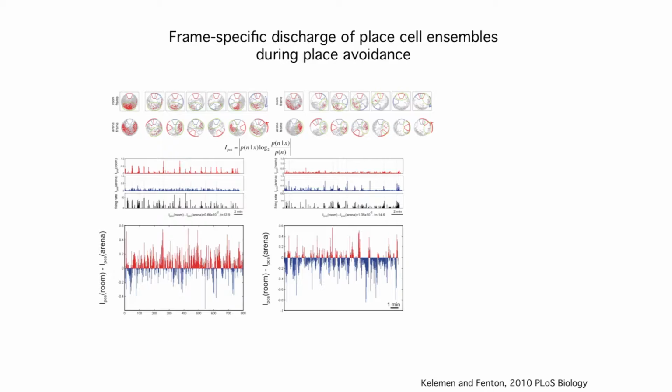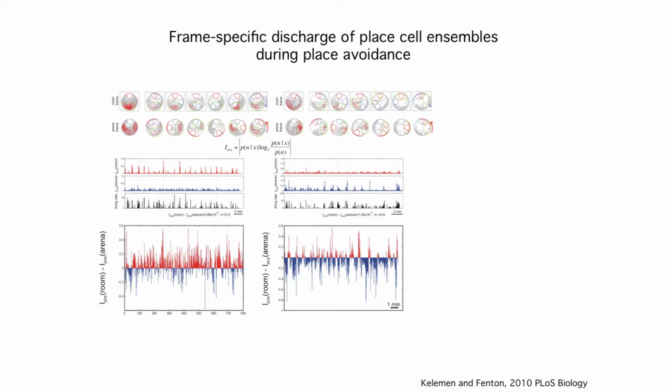In this case, the other cell, one of the rare ones, also, when it discharges, says something about where the animal is in the arena. But these are extremely rare. And when you take a collection of these cells, this is sort of the pattern that you see. There are moments of time when the ensemble discharges reliably for where the animal is in the room, that's in red here, and other times it discharges reliably for where the animal happens to be in the arena, and this toggles back and forth in hippocampal activity.